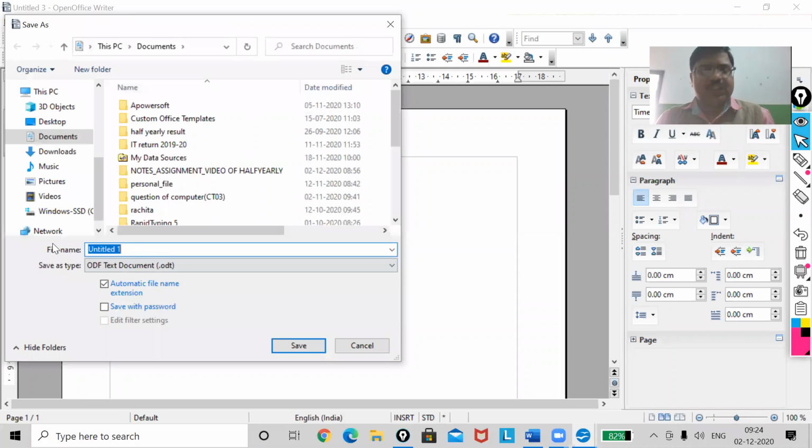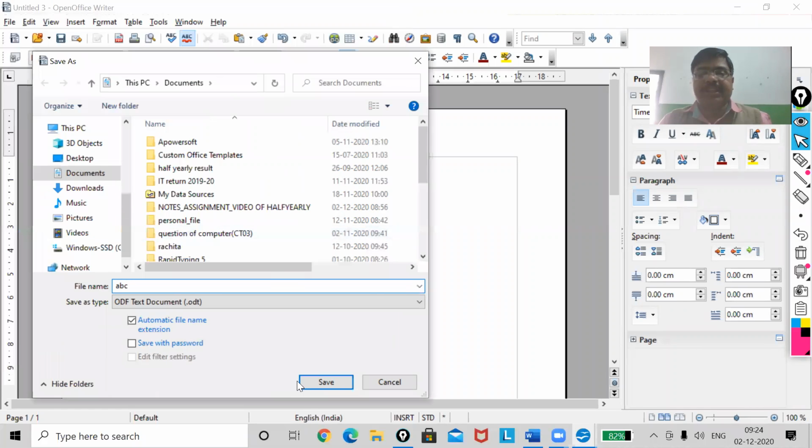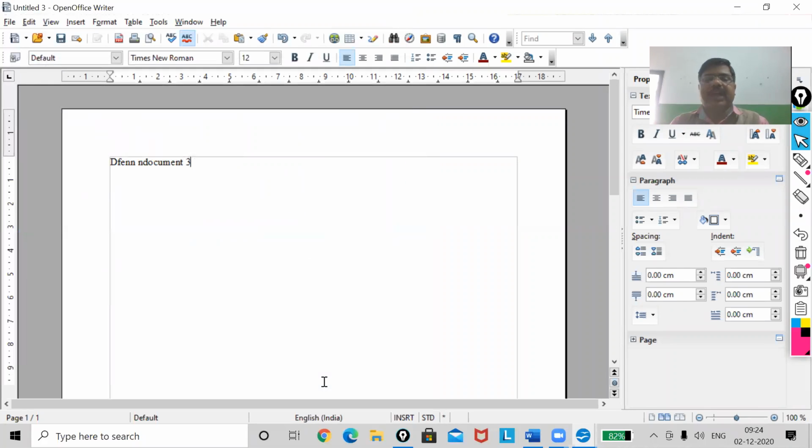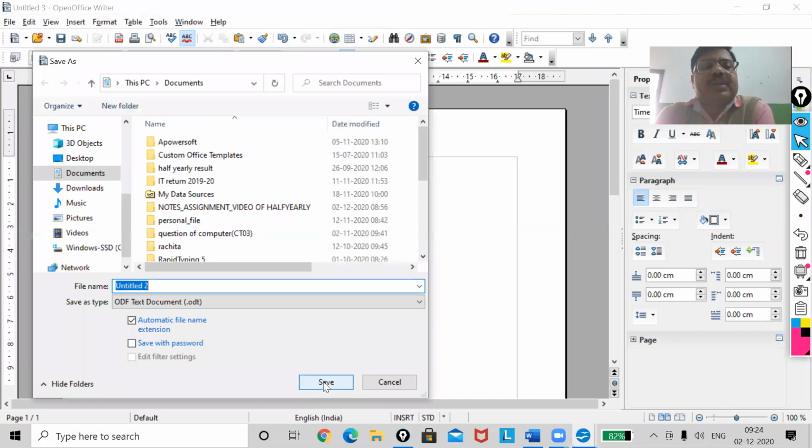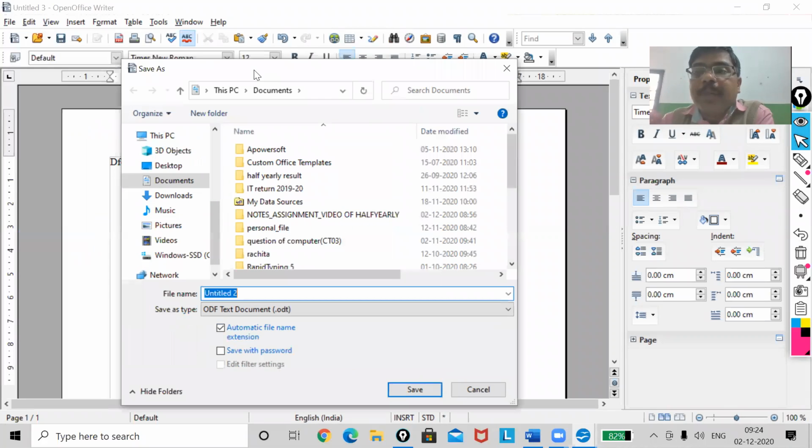Now let me save this one as ABC. Now I'm saving this, of which document? Document 3. Now just wait. Now what is it showing? Next, it is showing document 2, that is Untitled 2. You can see here, it is showing Untitled 2.